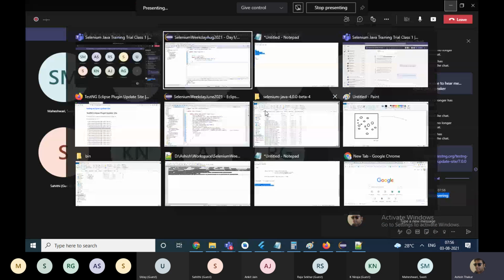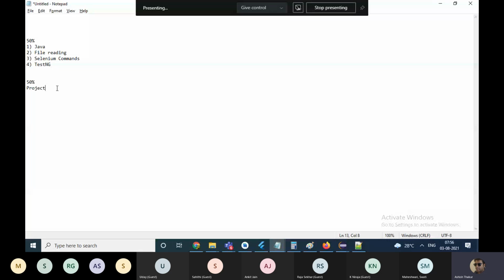There are different frameworks in Selenium. There is the data-driven framework, there is the hybrid framework, there is the page object model, there is Cucumber. Most of you must have heard about these things.